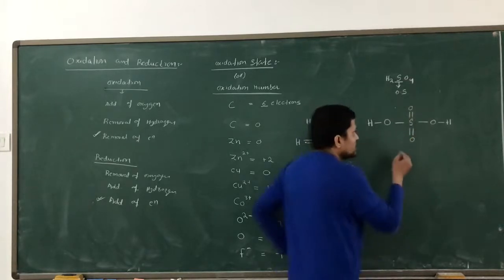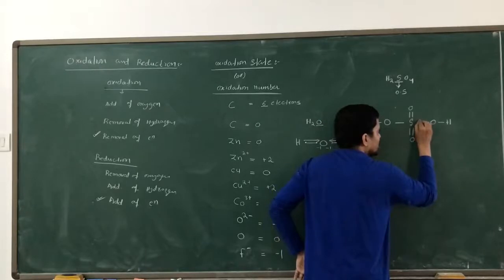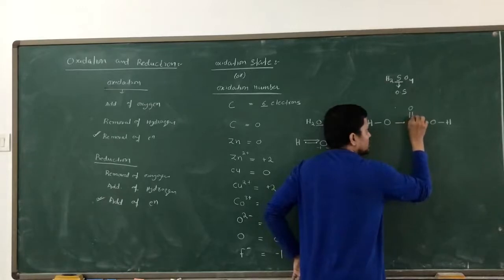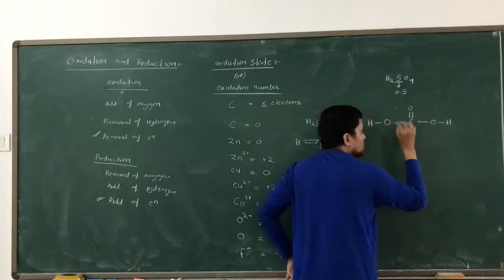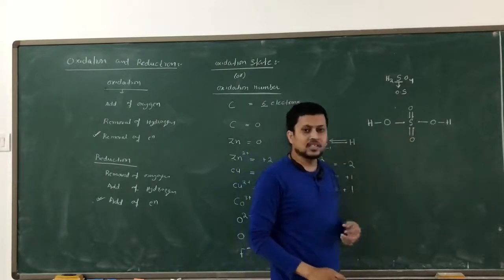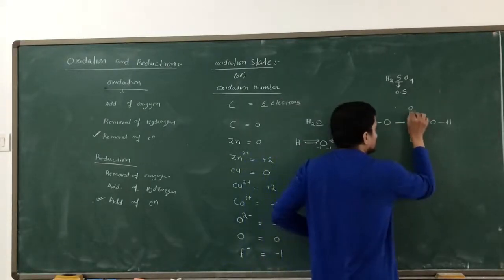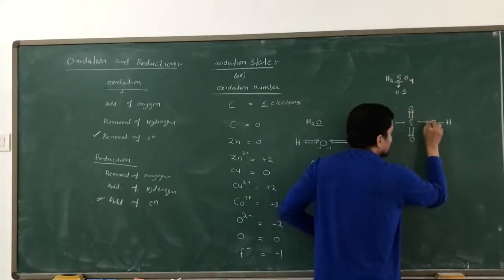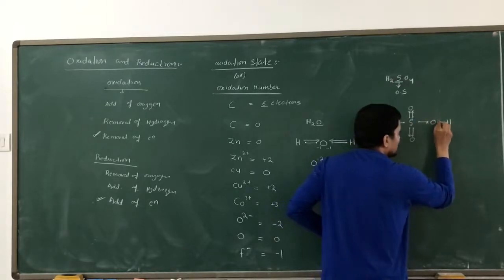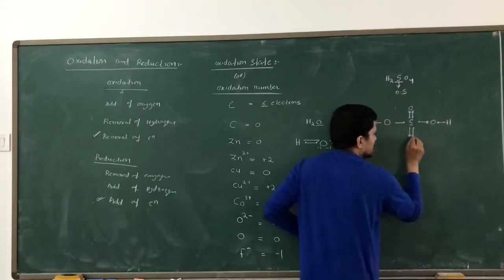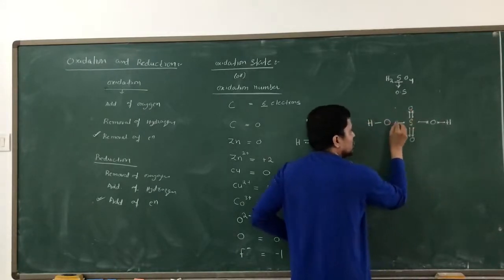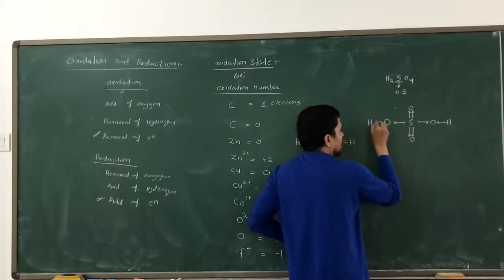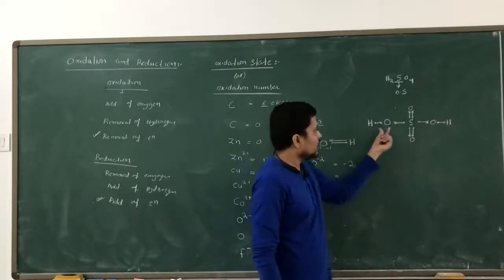If you see this structure, how many electrons is sulfur using for the formation of this compound? 1 electron, 2, 3, 4, 5 and 6. A total of 6 electrons used by sulfur in this compound. So a double bond is formed with the oxygen. This is the electron of oxygen, this is the electron of oxygen. And here is 1 electron of oxygen with the sulfur, and this oxygen's next electron is used with hydrogen. This oxygen, both electrons are used with sulfur. This oxygen, 1 electron is used with sulfur and 1 electron with hydrogen. And hydrogen has 1 electron. So this is how the electrons are being shared.